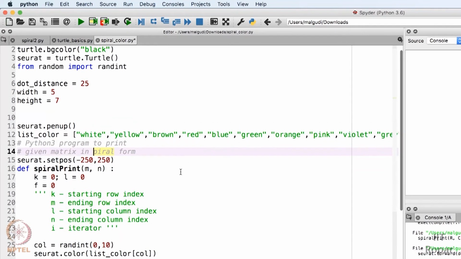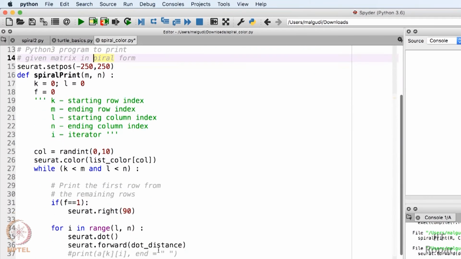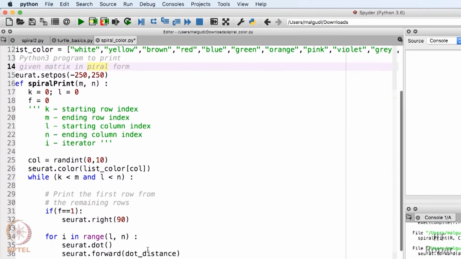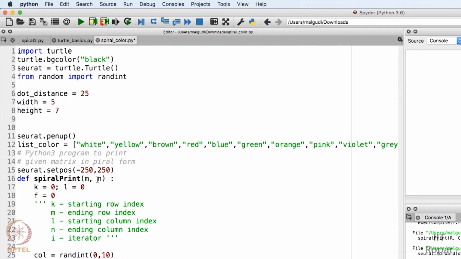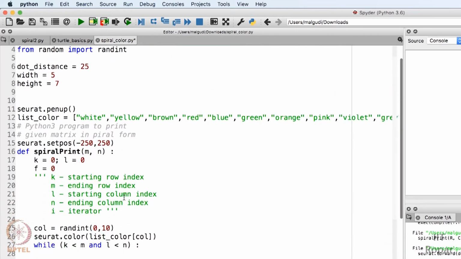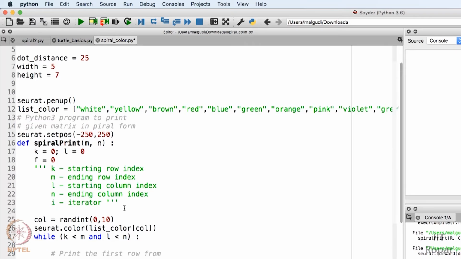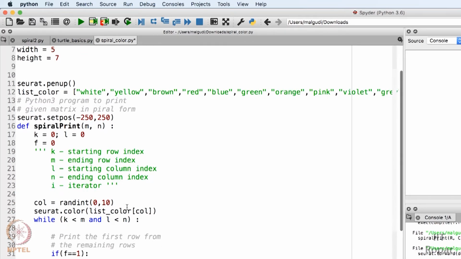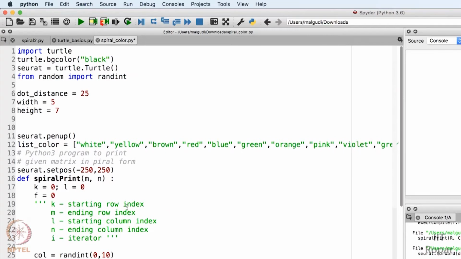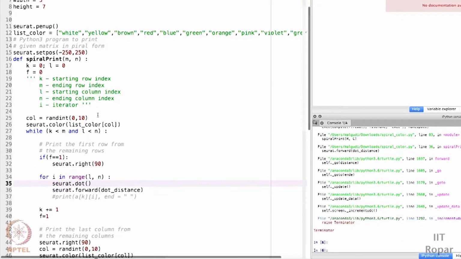Second, rather than printing a line, if you just forward the position of the turtle, it will just print a line. You can create a dot also. There is a function to create a dot, which is your turtle name dot dot, and it will create the dot the way you want. It will create a small dot with the color you want. So in this, on a random basis, I'm creating different colors. So that's what I was doing there.